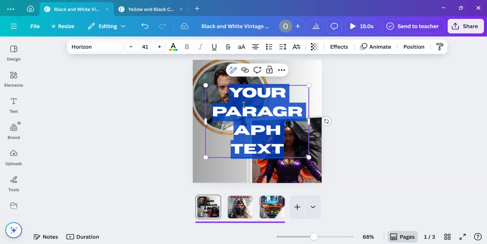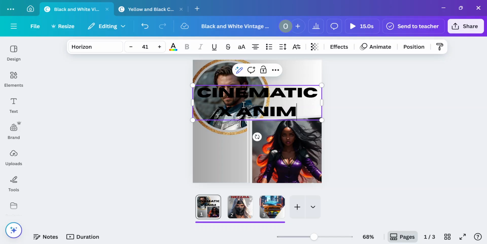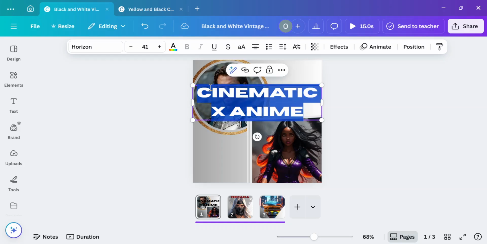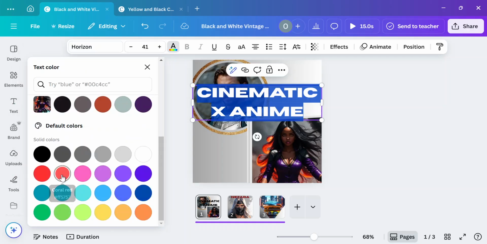So let me just write cinematic times anime, and I can change the color to be something else. Let me say blue. And this blue. Now I could also reduce the